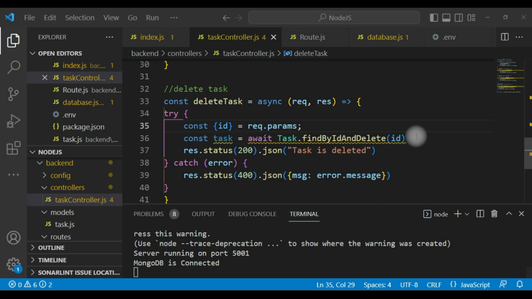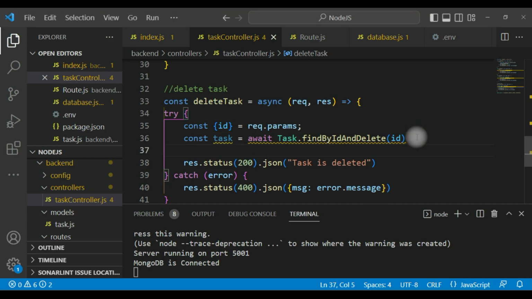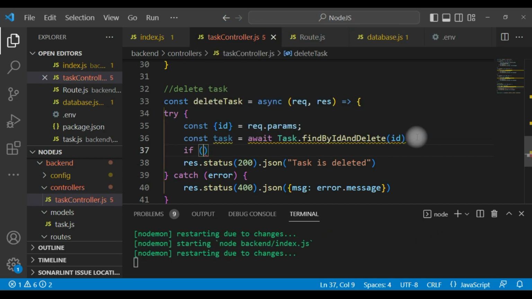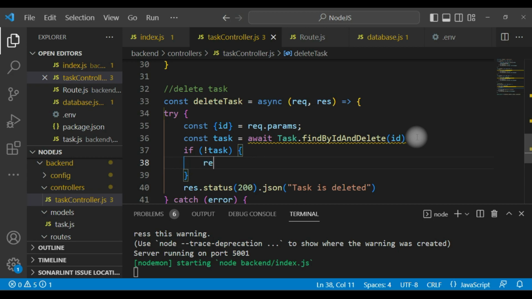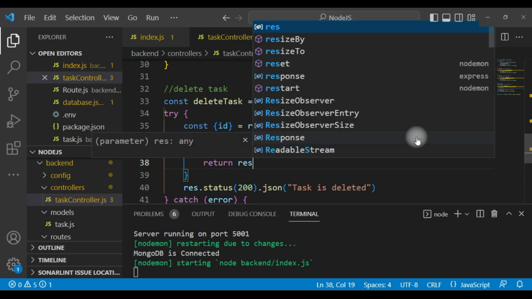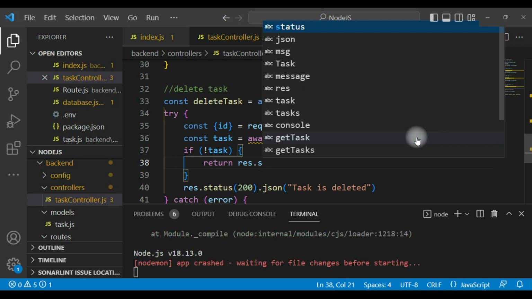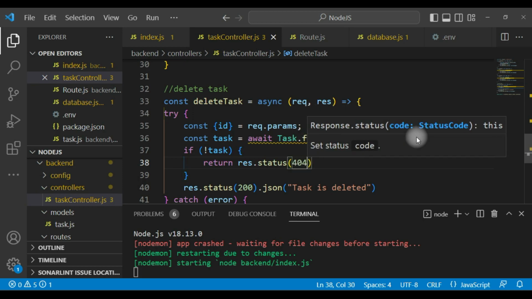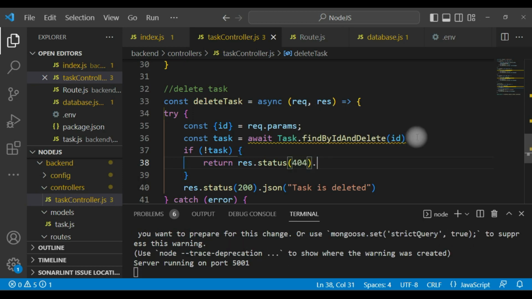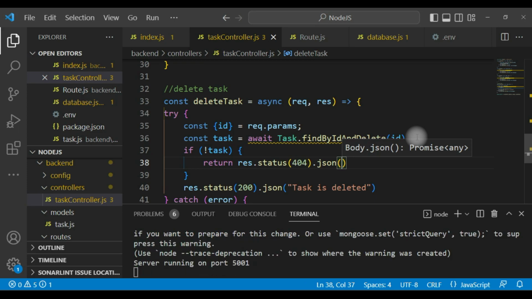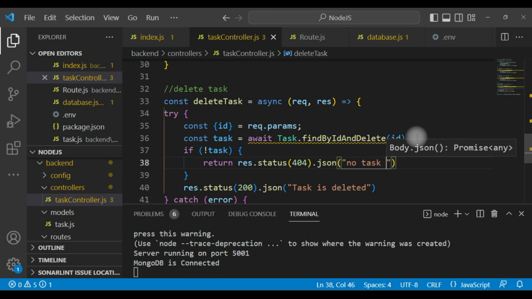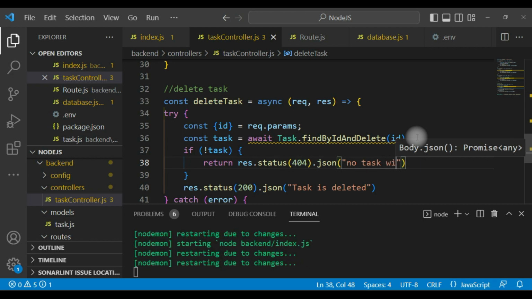We can also pass a validator. So if our task is not present in our database, then in our return, our response dot status of 404 not found, and in our JSON we are sending no task with that ID.